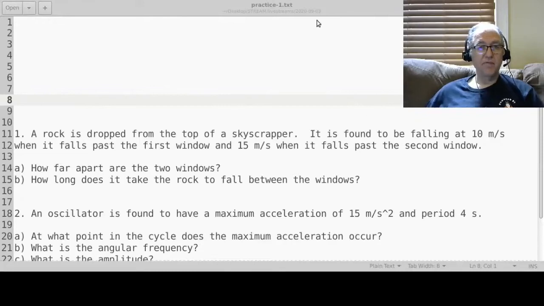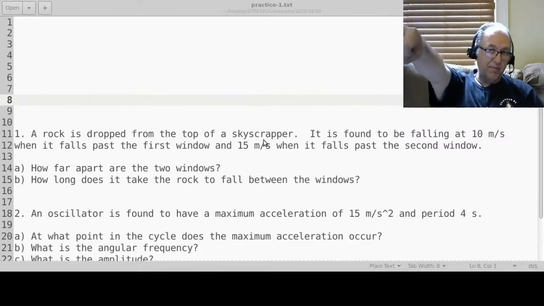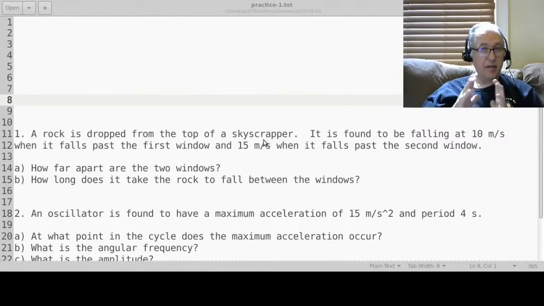Here's our first problem. The first problem is a rock, and we're going to drop it from the top of a skyscraper. And I didn't say that here, but I should say just drop it from rest. In other words, we're just going to let go of it like that, okay? Don't worry on tests and stuff like that. I'll be very clear with the language, but since we're doing this together, I can be a little bit more